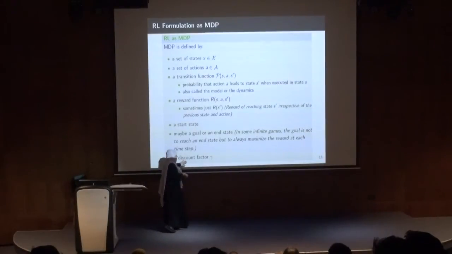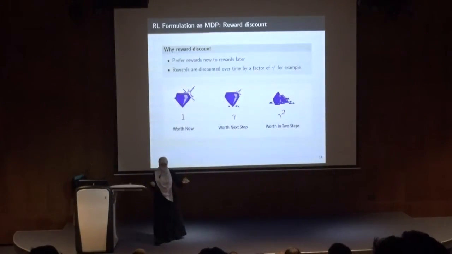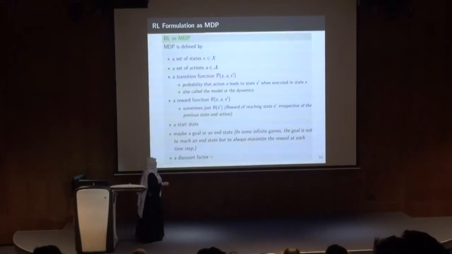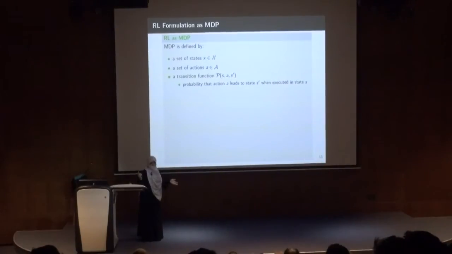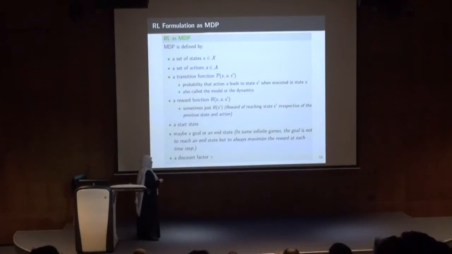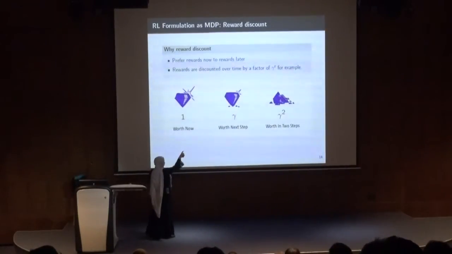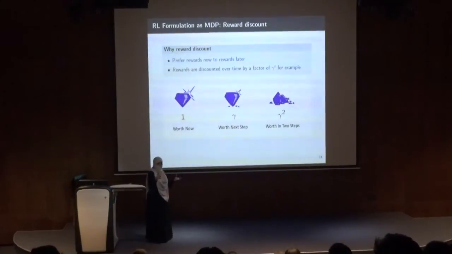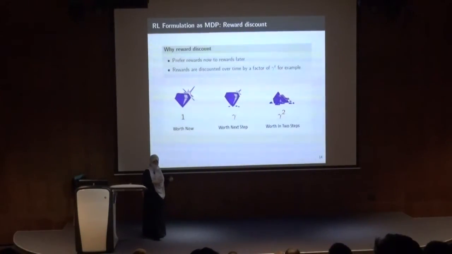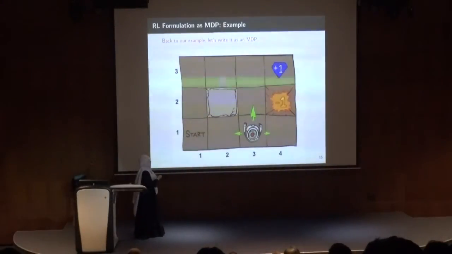And finally, we have a discount factor gamma. Why is the discount important? To avoid infinite paths. So in this game example, I could loop forever, and then at a certain step in time, I can reach the diamond. I want the shortest path to reach the diamond, and this is why I include a certain reward. So the rewards are discounted by a factor of time, gamma to the power t. If gamma is less than 1, then with future time steps, I will have less reward. Clear?